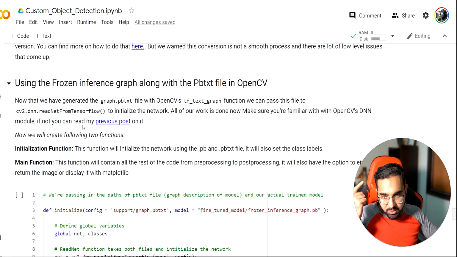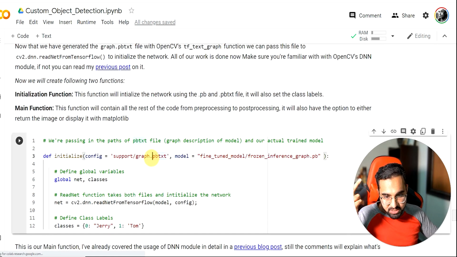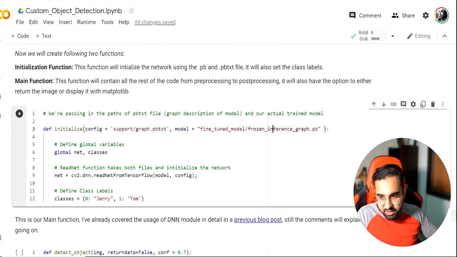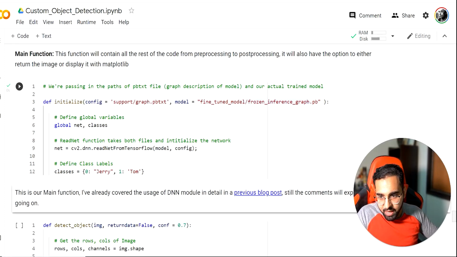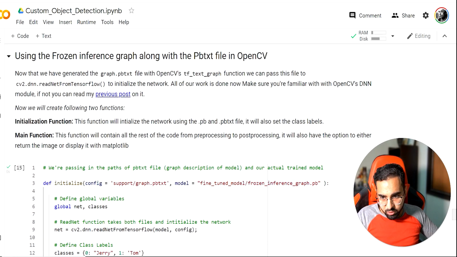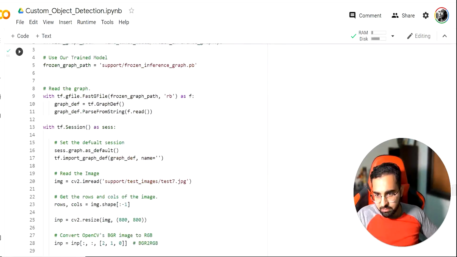So now we have 2 files: the frozen inference graph, and the pbtxt file. And remember, when you were using the DNN module inside OpenCV, we use these 2 files, the pbtxt file and the frozen inference graph, and this is exactly what we'll be doing here. So I'm going to run this, and this is the initialization function. Here I'm passing the configuration file as .pbtxt, and I'm passing in the path to the frozen inference graph, and then what I'm going to do is